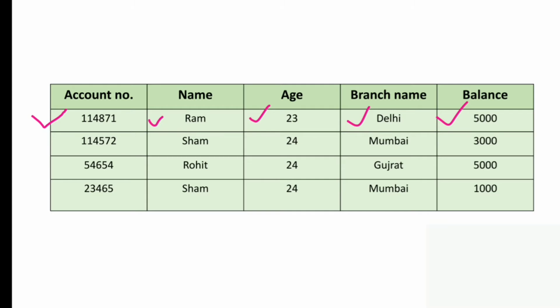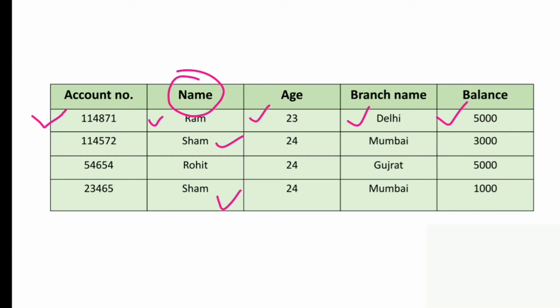Now, how do you differentiate each of these rows from other rows? To differentiate each row separately, we need to have a unique identifier, that is a property that is unique for each row. So, let's say we take a name column here. See students, there can be two people with the same name. Let's say we have got a Sham over here, right? And we have also got a Sham over here. So this is not a unique identifier. Why? Because more than one person can have the same name.